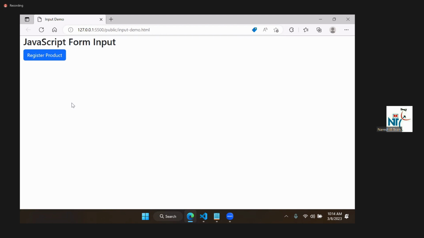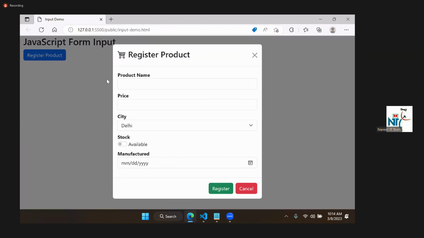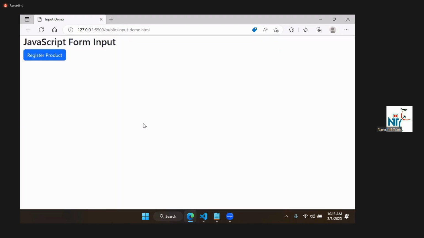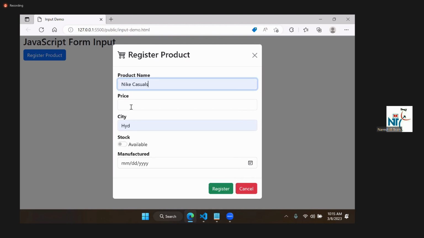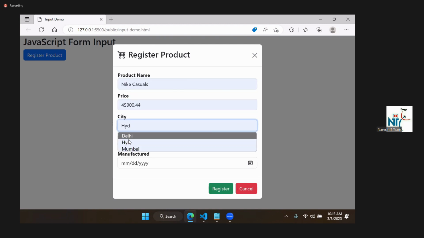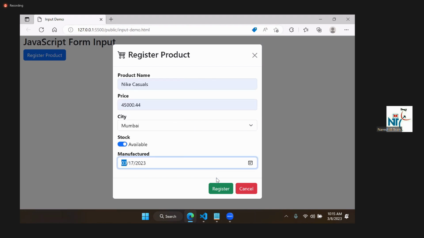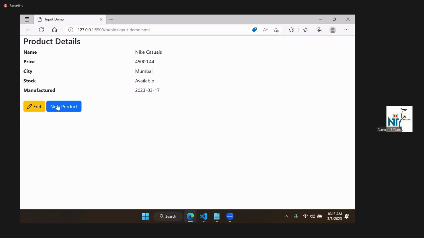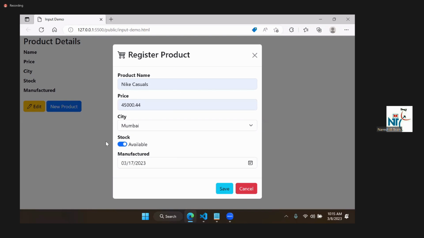It will get a new form again. Then again, register product, again, new details. We need to configure new details and we need to define new details, right? You click on cancel, it is canceled. So you click register product, enter some details. Remember, cancel is working everywhere the same. I selected these details and click on register, and those details are stored. After that, I opened edit. I don't want to make any changes. Then click on cancel. It is normal,